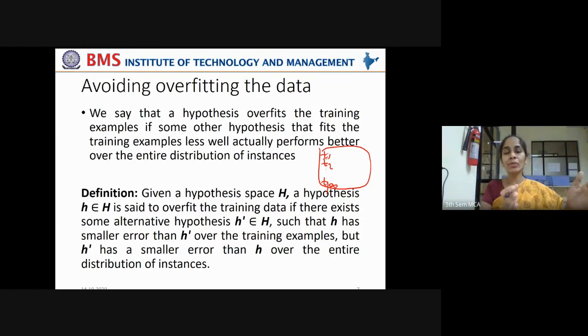Now train your model on the training data and see how well it performs on the test data, because this test data is not seen by your machine. So give your test data to the machine, hide the labels, hide the outcomes, and see what the predictions are, tally with your original outcomes, and see what the deviation is. That will help you to measure the accuracy of your model. Got it?